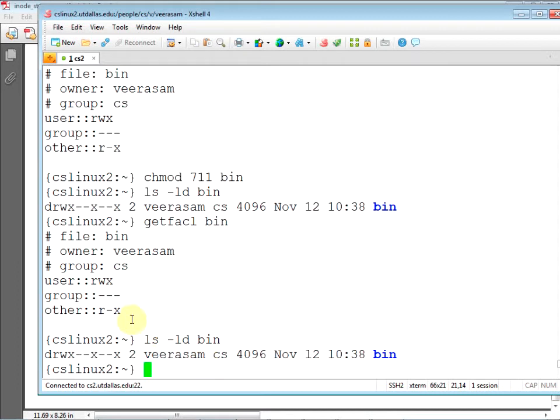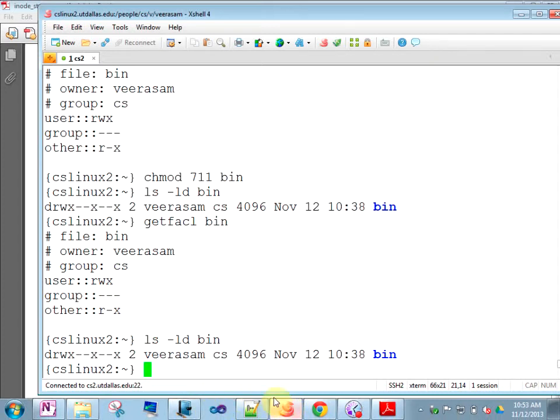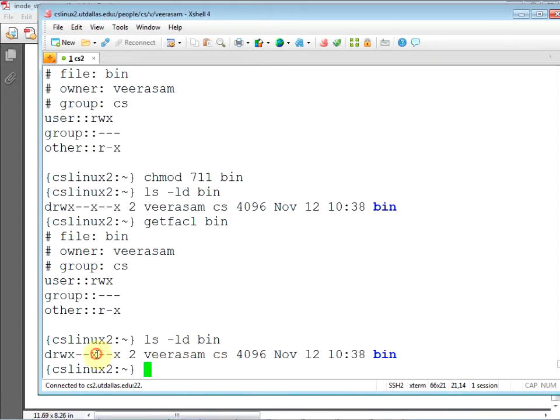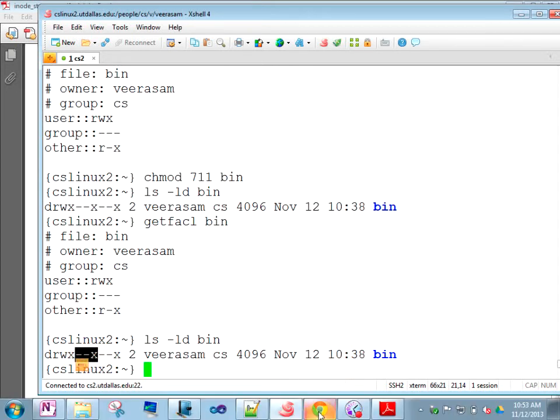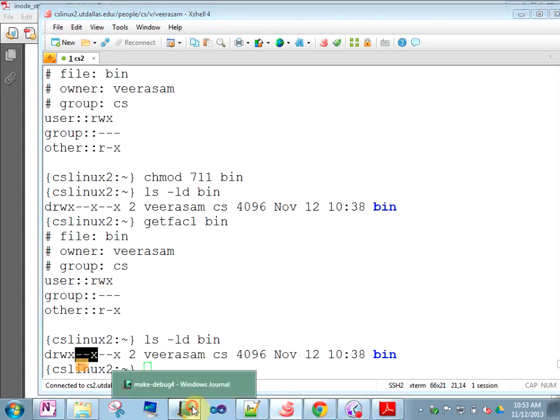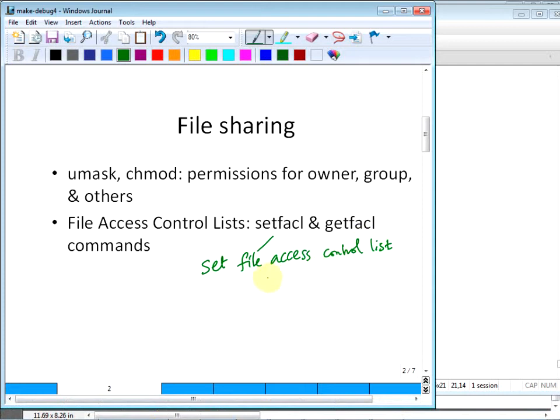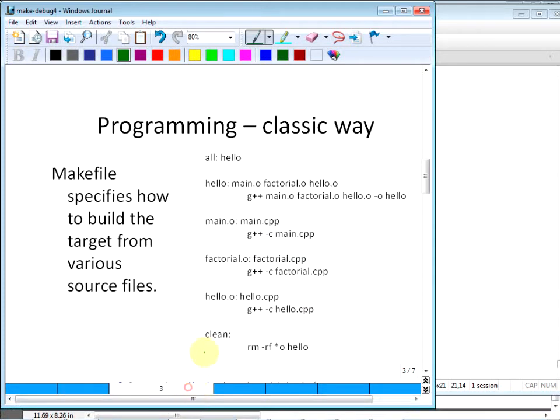Okay, I see some inconsistency there. Does the group name really matter if you have others? Yeah, that's true. It denies only for the group, but it's open for others. So you can dig deeper and look into that.